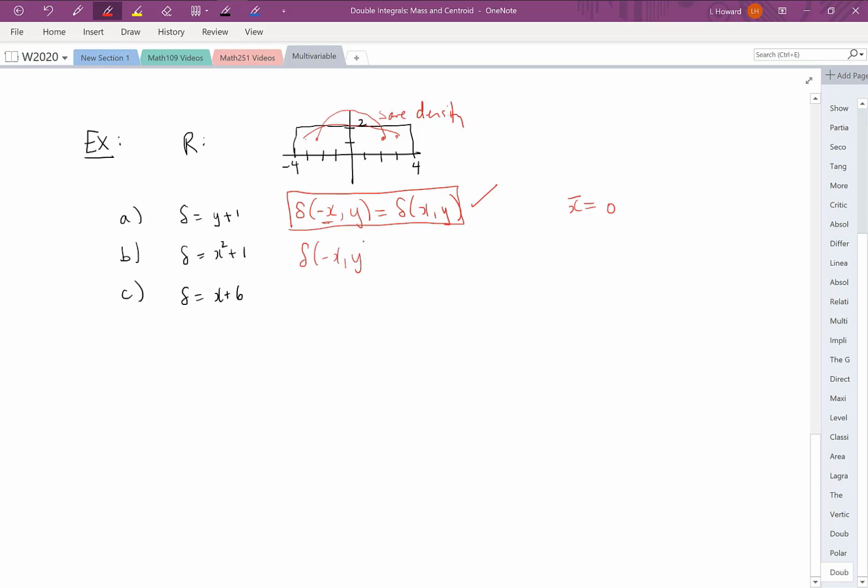Delta of negative xy is equal to delta of xy. And in a similar way, we can say, yes, x bar is going to be equal to 0. Okay, now part C is more interesting. If you replace x with a negative x, you get minus x plus 6, and that is not equal to